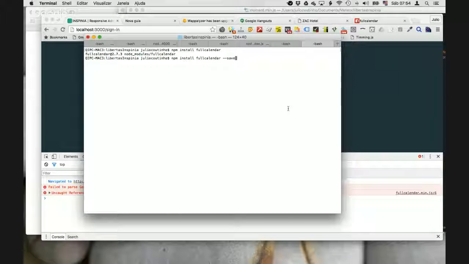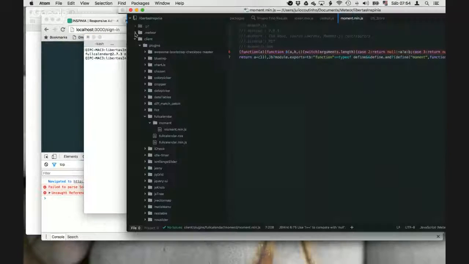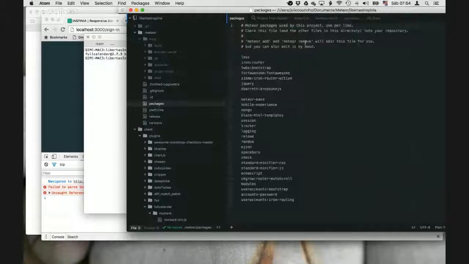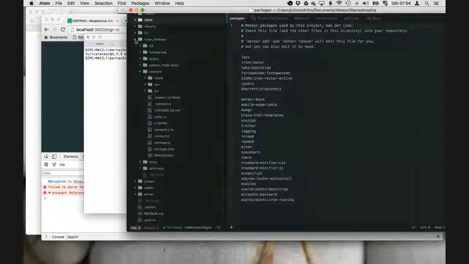But don't do this right now. Let's look at your package.json. Let's look at the contents of the file. Could you open up your editor and show us the content of that file? No, no, not that. The one at the root. This is for Meteor packages. The one for npm packages is at the root of your project. So close all those folders, and you're going to find